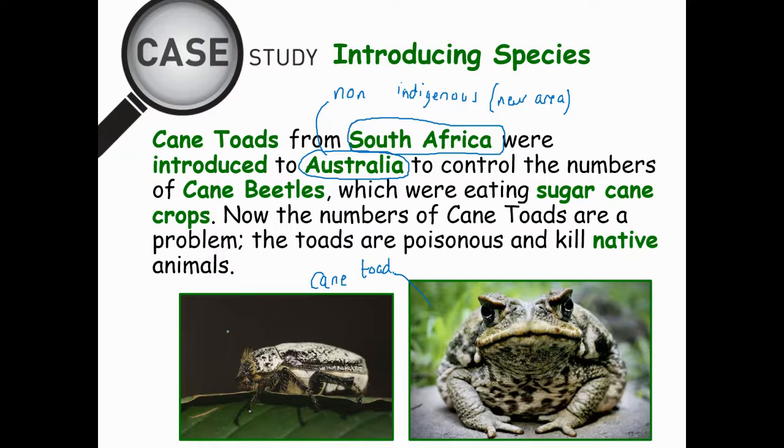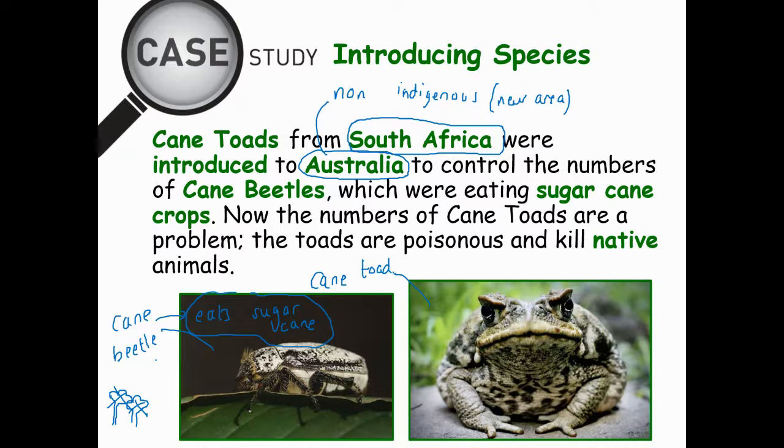Okay. There's also the cane beetle, boys and girls. That's what it looks like, if you're interested. Now, the problem with the cane beetle was what it does is it eats sugarcane. Now, sugarcane, boys and girls, is a plant that Australians grow as sugarcane crops. Now, Australians relied on this sugarcane to get sugar from it. Okay. Now, the problem is, so imagine here's my sugarcane. Yeah. Problem is, this cane beetle ate all of the sugarcane. Now, can you imagine as a farmer, I just planted loads of sugarcane. Yeah, I go to bed, I wake up, and all my sugarcane's gone.